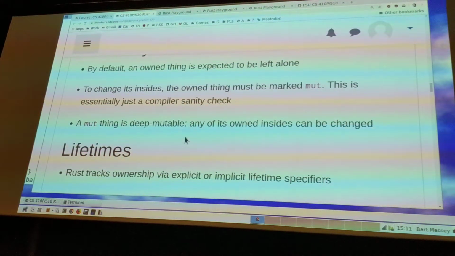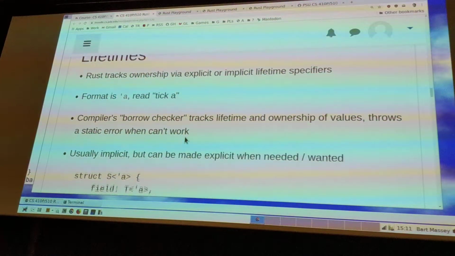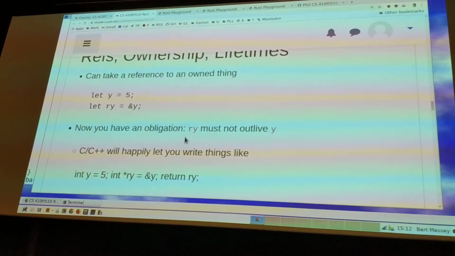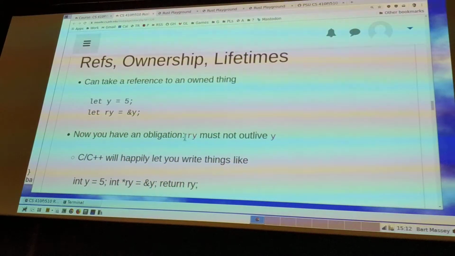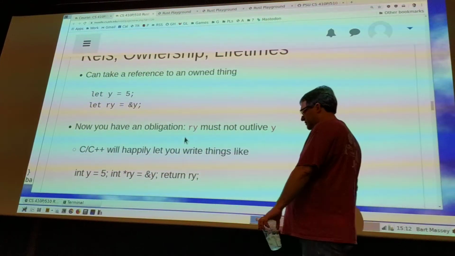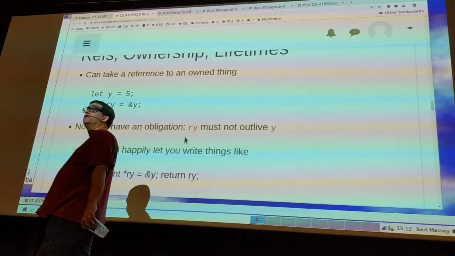So yeah. Oh, lifetimes. Oh, geez. Is there something else we could talk about? Oh, references. Yeah, we should talk about references instead. References are good. We'll go back and talk about lifetimes on Wednesday, because that's not a topic to start into 5 minutes before the end of class.